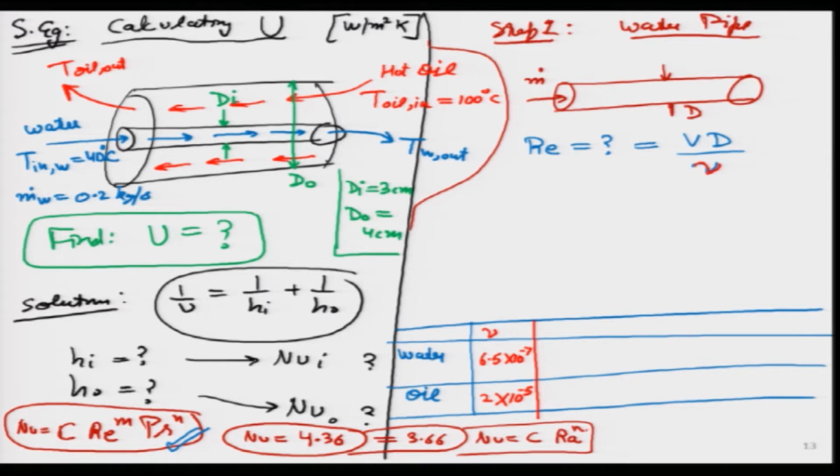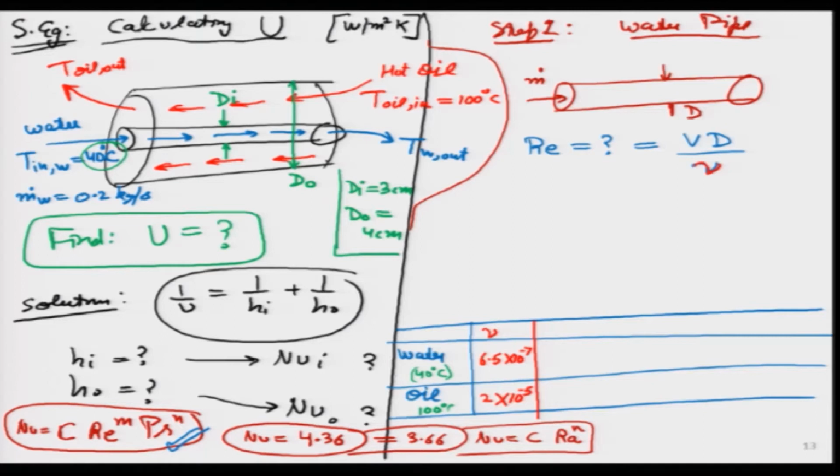Okay. And we can also write that I am taking the average properties of oil and water, at which temperature should I take. So, I know water is only at 40 degrees for me over here. So, to begin with I am taking 40 degrees. In reality, this water temperature is going to increase, it can become 40 to 70 to 80, which means in a second iteration ideally speaking I should repeat the whole thing with higher temperature, but right now I am not going to do that. I am just taking the inlet temperatures for both. So, oil properties I am writing at this particular value.